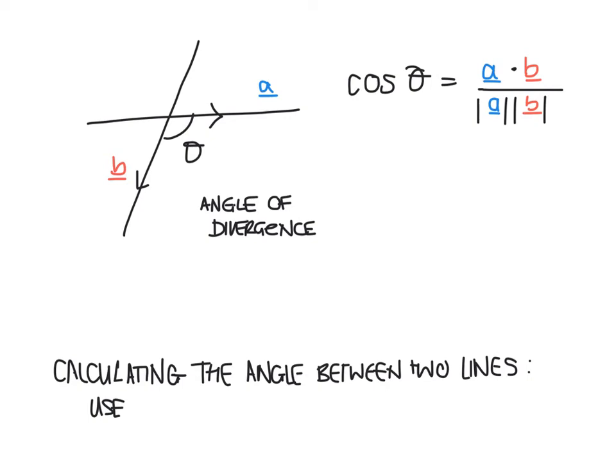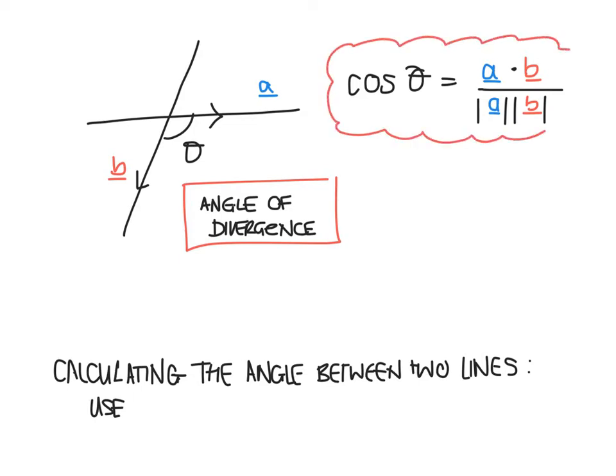One of the things we can look at between two vectors is the angle at which they diverge away from each other, the angle of divergence. That is represented by theta here in this example. That angle of divergence is given by this formula: cos theta equals the vector A dot vector B over the size of vector A times the size of vector B. This A dot B thing is the dot product, or the scalar product,